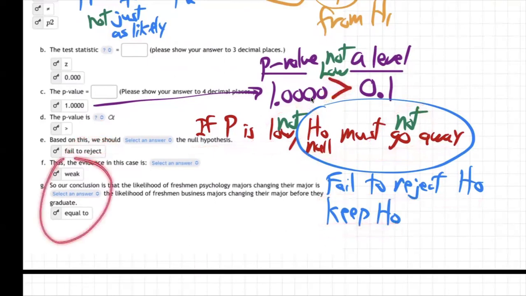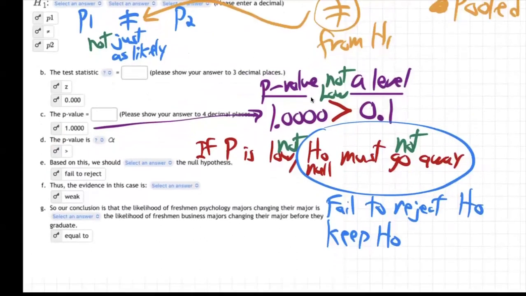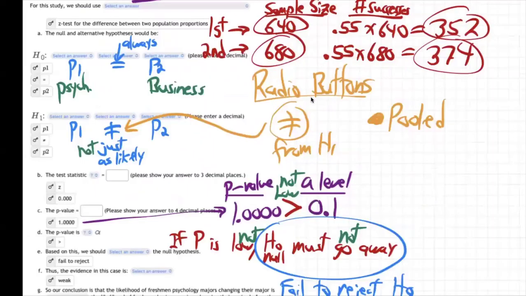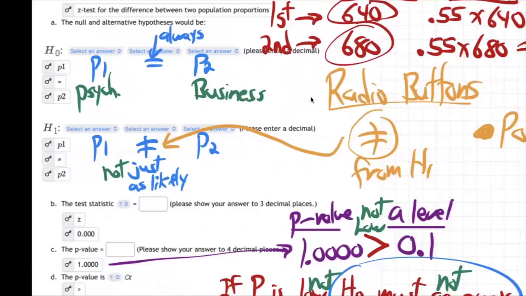Now, a lot of people say, Mr. N, how do I get these last two? I don't know how to do these last two. Well, that comes from either H0 or H1. So let's just go back. I probably should have done this earlier, but it doesn't really matter when you do it. But remember, H0 is always